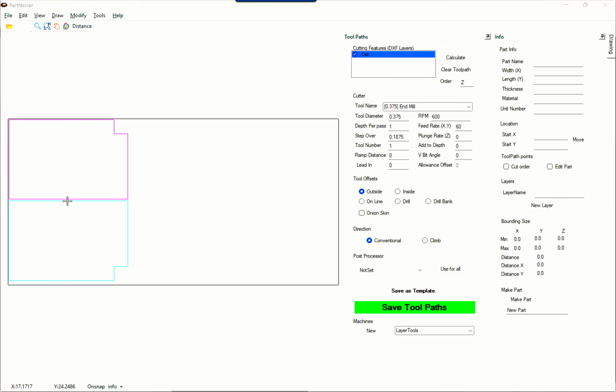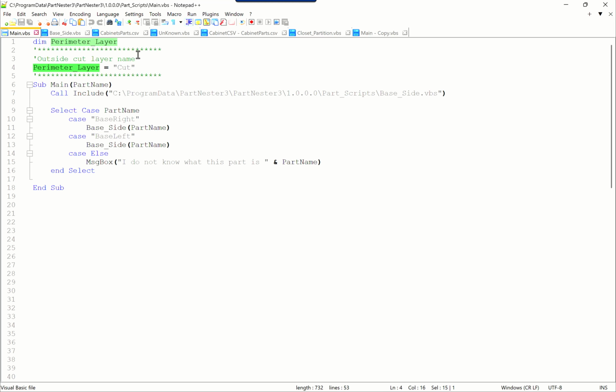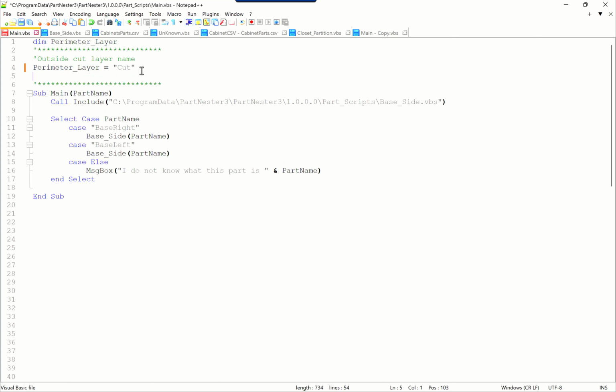All right, now it's time to add some shelf holes to our cabinet sides. Now that we understand a little bit more about programming, we're going to move through this hopefully a little bit more fluently, but I am doing this as we go, so I may make a mistake or two along the way. So we're going to come into the main settings, and knowing what we now know that we are going